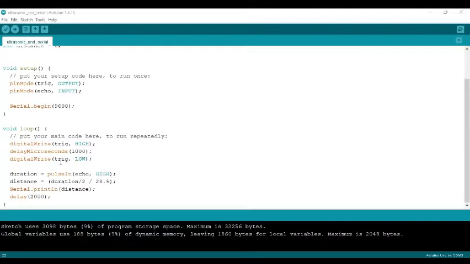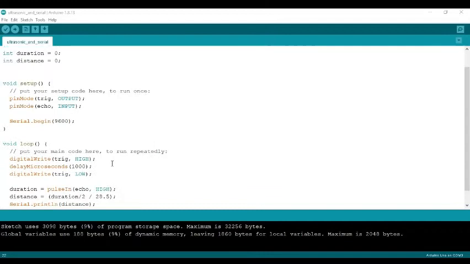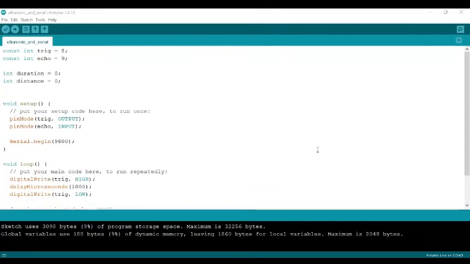To display the ultrasonic sensor's distance on the serial monitor, you give Serial.begin(9600), where 9600 is the baud rate. Next, in the void loop, we set the trigger high and then low using the digitalWrite command. Then we give the formula for the ultrasonic sensor to calculate the distance, and print the distance on the serial monitor with a delay of 2000. This is a very basic code, and you can learn many more things about it.